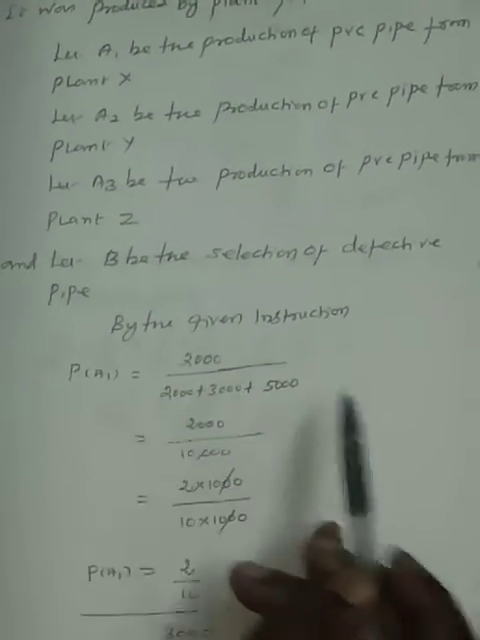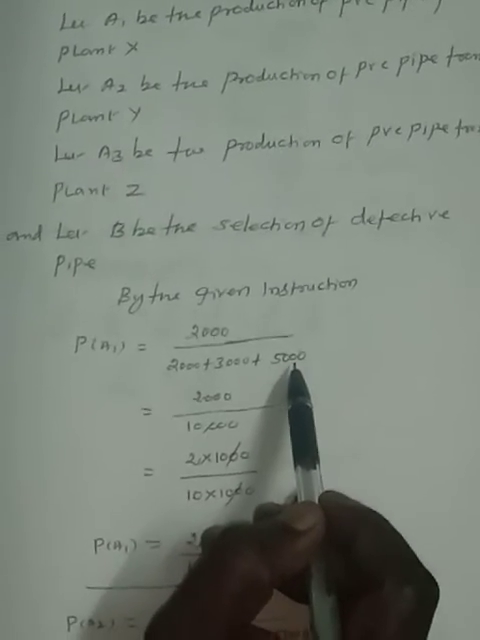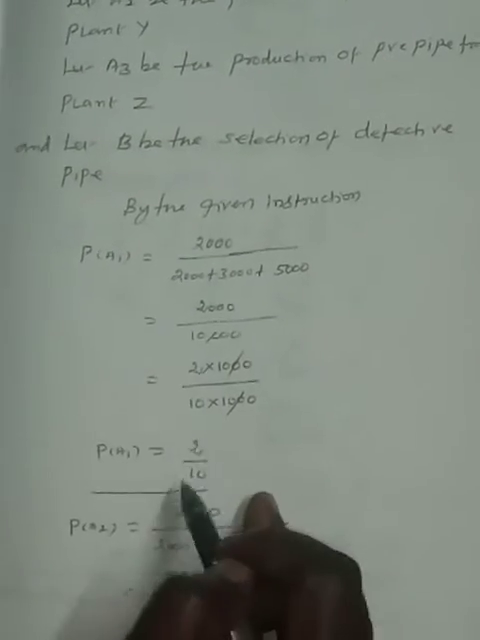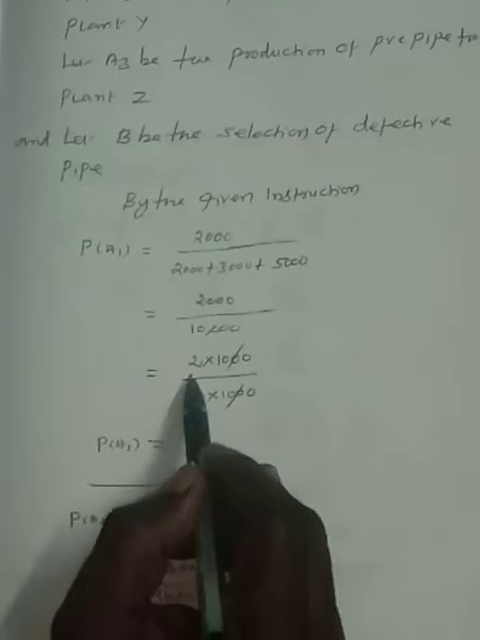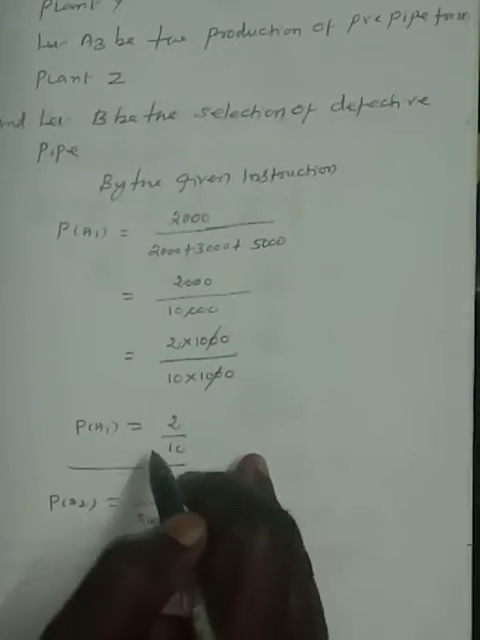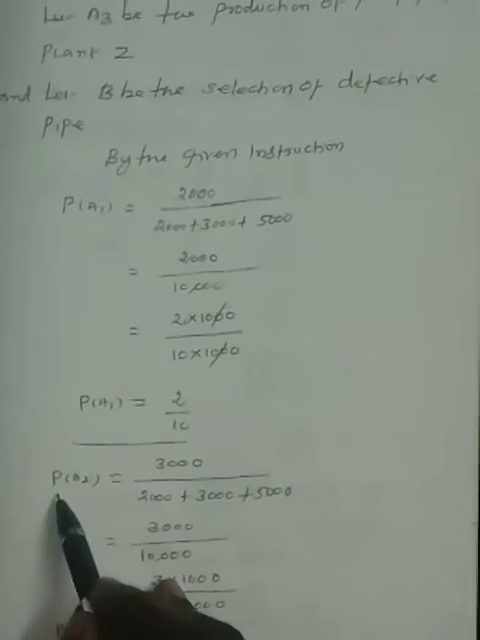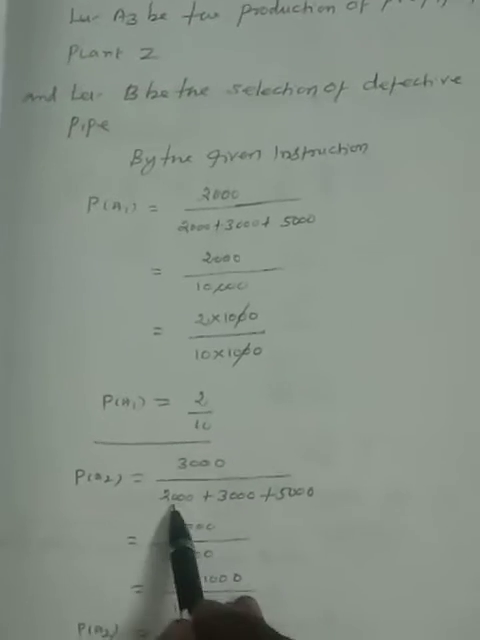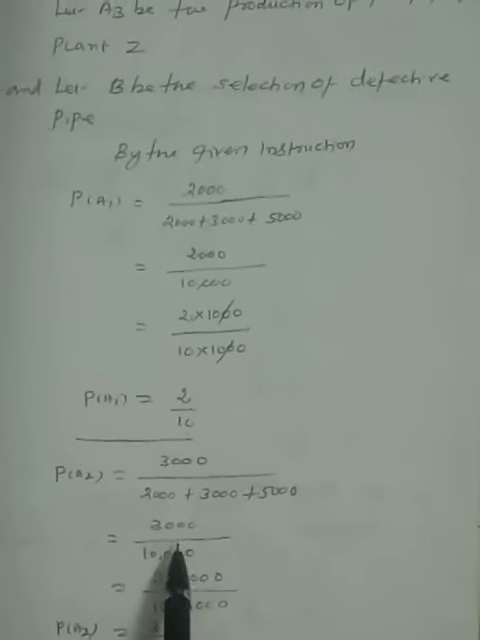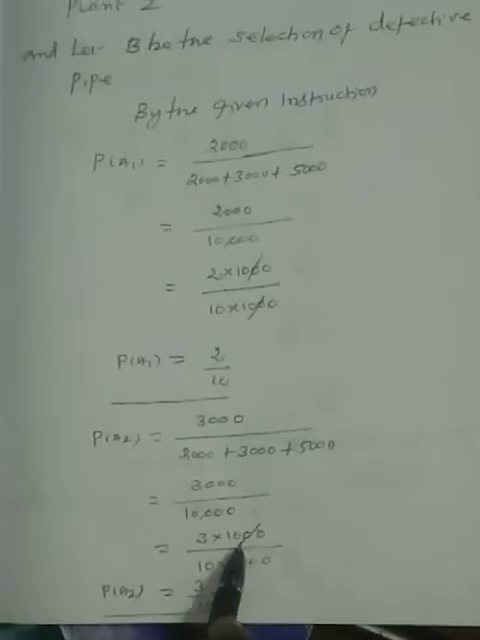P of A1 is equal to 2000 divided by 2000 plus 3000 plus 5000 total production, is equal to 2000 divided by 10,000. 2000 means 2 into 1000, whole divided by 10,000 means 10 into 1000. These two are cancelled. We get 2 divided by 10, which is P of A1. P of A2 is 3000 divided by total production 2000 plus 3000 plus 5000, is 3000 divided by 10,000. Cancelling 1000 in the numerator and denominator,